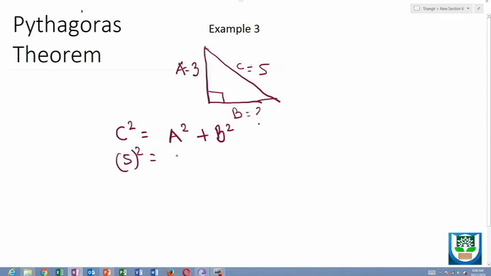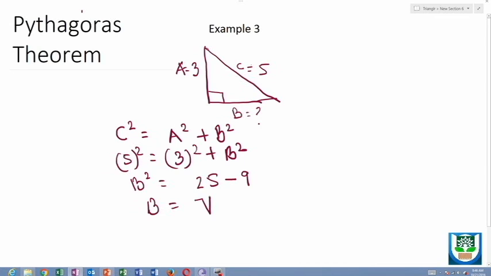Now A is 3 and it is squared, plus B square, and we can also get it this way: B square is equal to 25 minus 9. Now B can also be written as 16, or